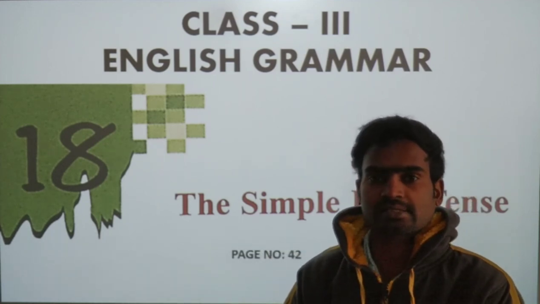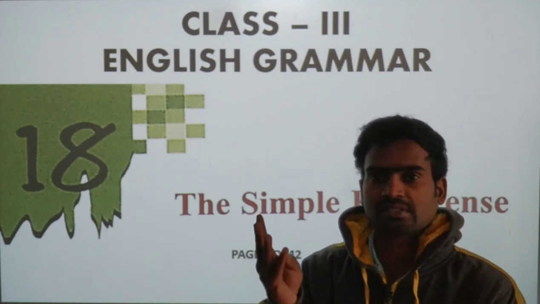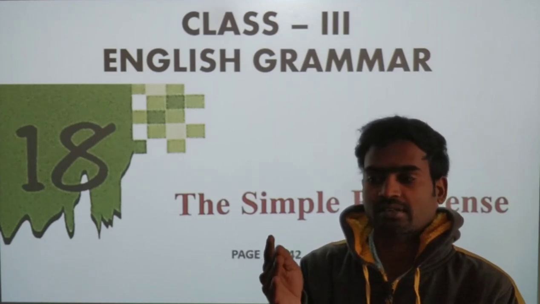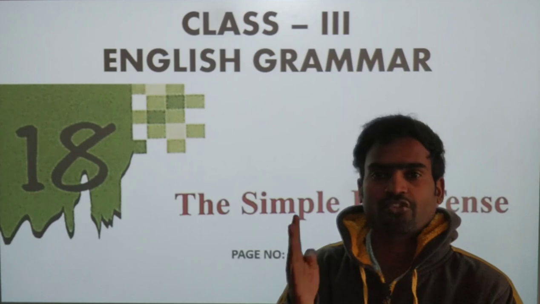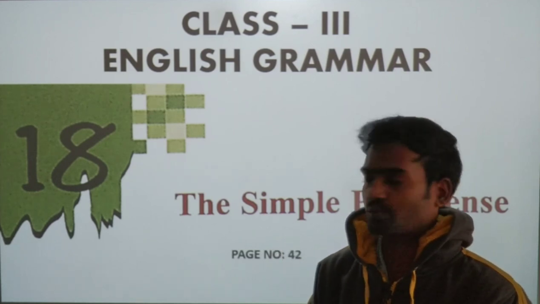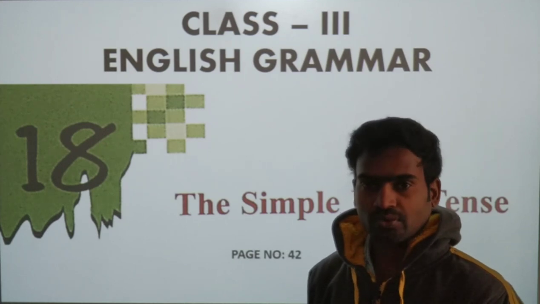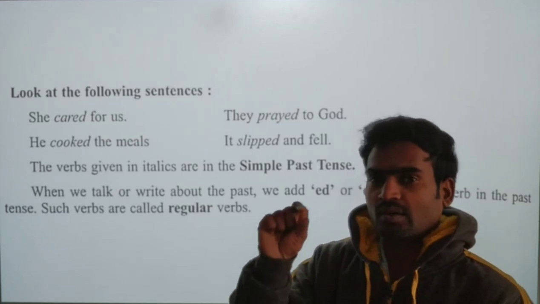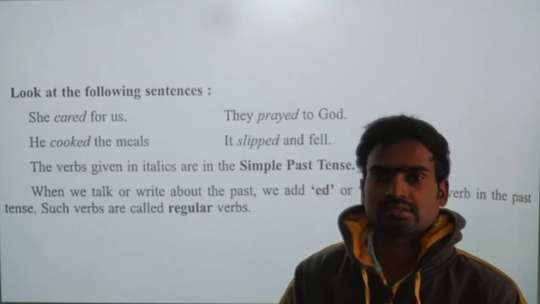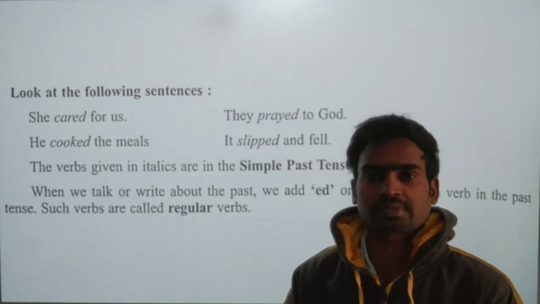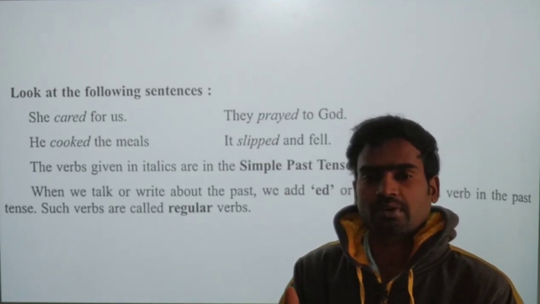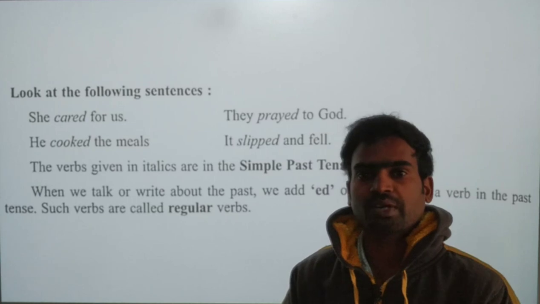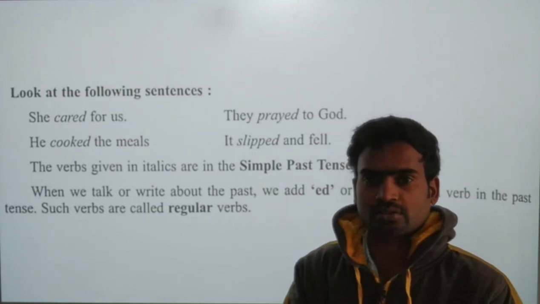When we speak about past tense, we have four categories: simple past, past continuous tense, past perfect tense, past perfect continuous tense. So we have four like this. And today we are going to see the first one, simple past tense. It is very simple, right? Subject plus past form of verb. So we know already three forms of verbs: base form, past form and past participle form. When we form a sentence, we have to take the second box, past form.